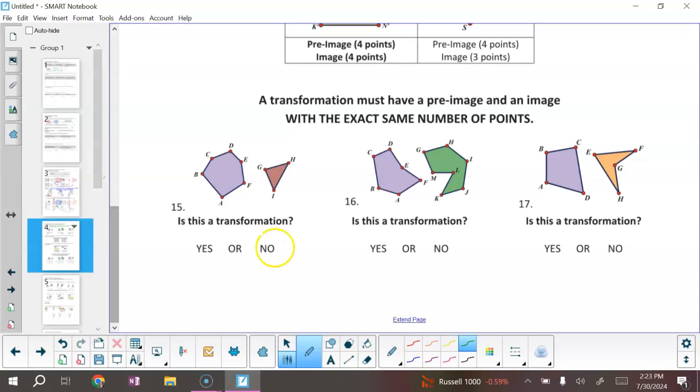Number 15, you should have said no. 16, you should have said no. And 17, you should have said